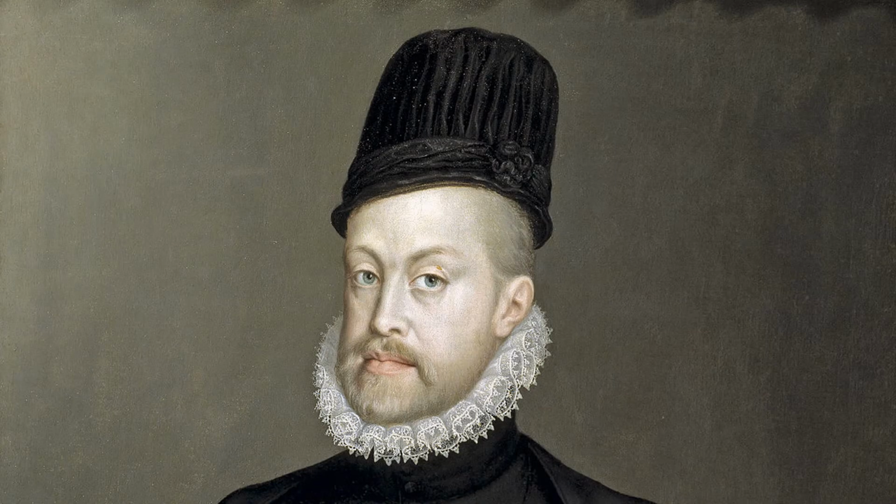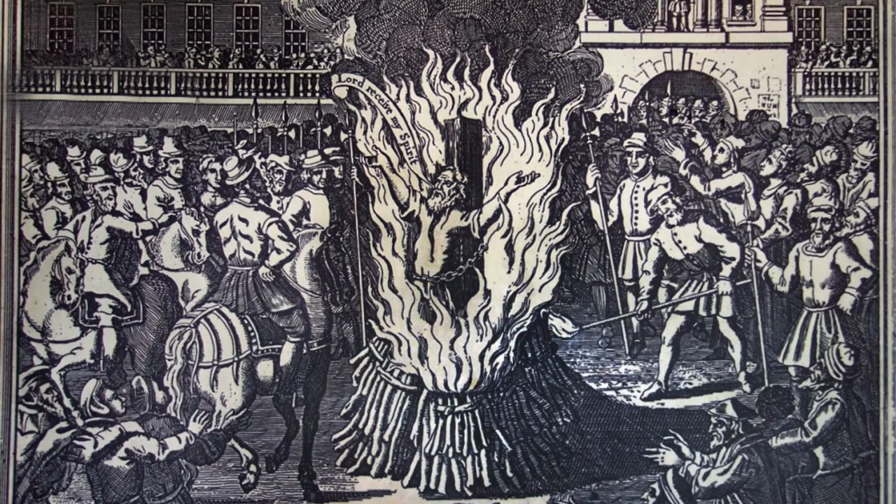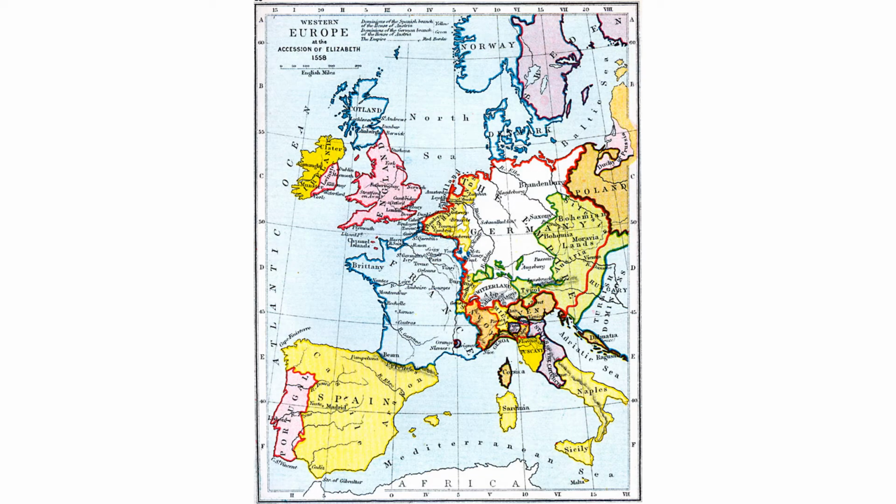Mary had married King Philip of Spain and had become infamous for the burning of many, many Protestant martyrs who refused to change their beliefs back to Catholicism. Elizabeth had to consider any choice she would make and the implications that would have on England's relations with its neighbours. France, Spain and Scotland were all Catholic. Any choice Elizabeth made could have grave consequences.